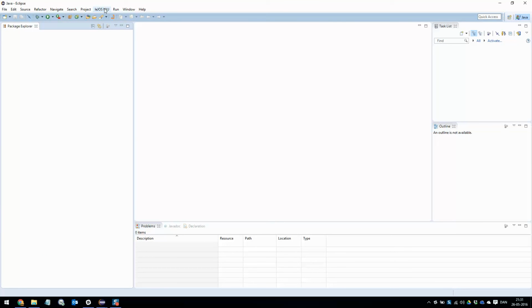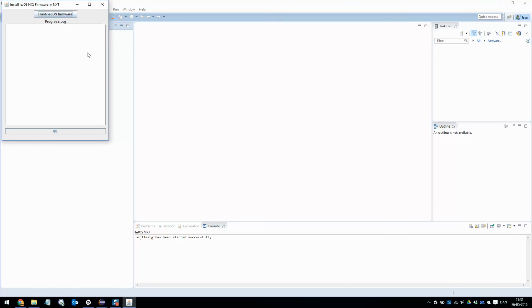Now I want to show you how to flash. You open the Eclipse system, you press upload firmware in the Lejos tab. Please make sure that you have the NXT plugged in and press flash firmware. Sure, erase it all and wait for the process to happen.